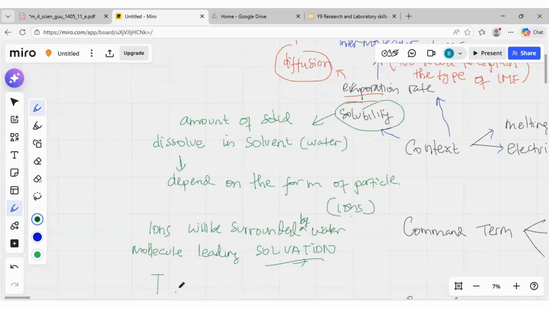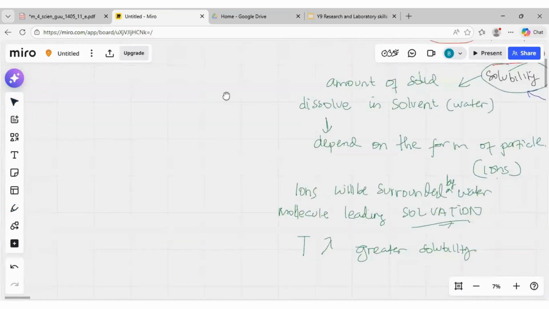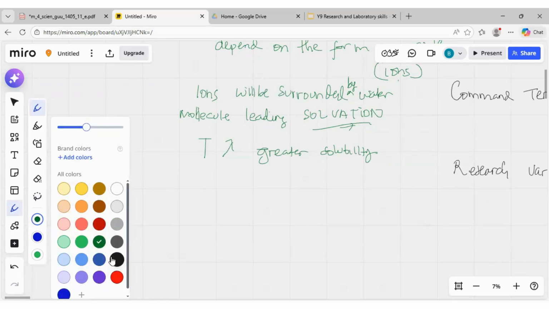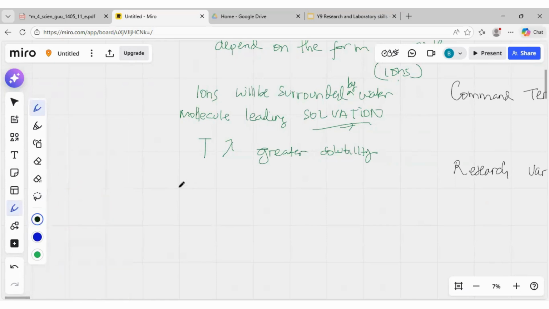And we have talked about this. Generally, the higher the temperature, the greater the solubility. Why is it like that? Why the greater the temperature, the greater the solubility? The main reason for this is actually because heat helps the process to form the ion. So heat given